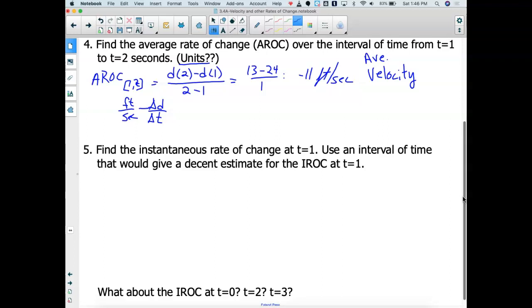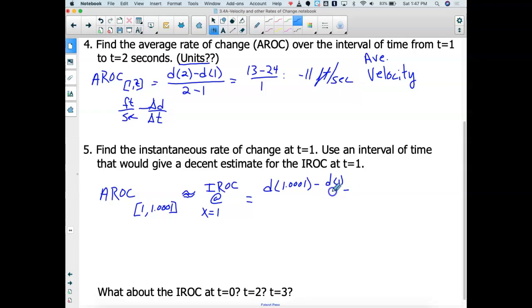We've done this, okay? The way we did this is we got really crafty for a while and we said, oh, we're going to find the AROC from maybe 1 to 1.0001, and that approximated my IROC at x equals 1. That's what we did, and we knew how to do that, didn't we? So that's my displacement at 1.0001 minus my displacement at